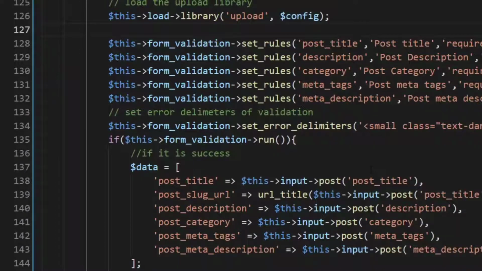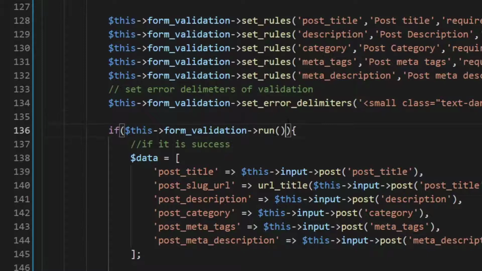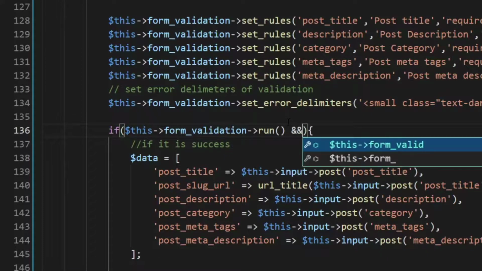Okay, and in the same line of this validation error, change the line,